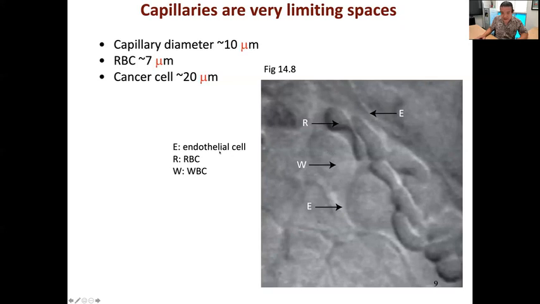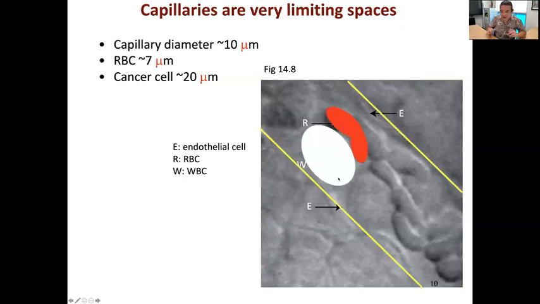So the endothelial cells, or the wall of the capillary, is in E, a red blood cell here, right? It's being kind of squeezed and squished as it floats through. But remember, a red blood cell is a biconcave disc, right? And so here it is viewed on its side. And then a larger white blood cell is in W. So I can illustrate it this way to give you an appreciation: the width of the capillary is not that much bigger than one of these cells itself.